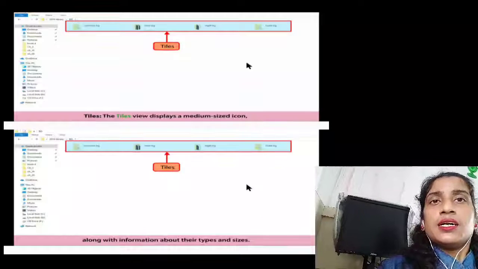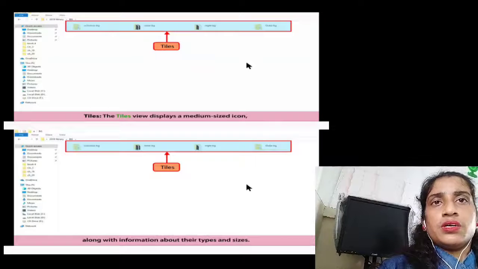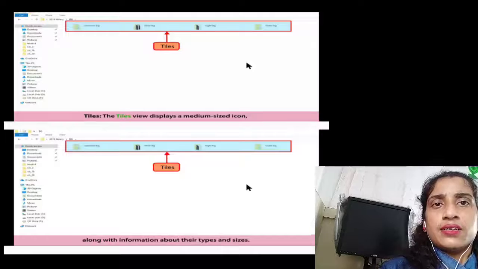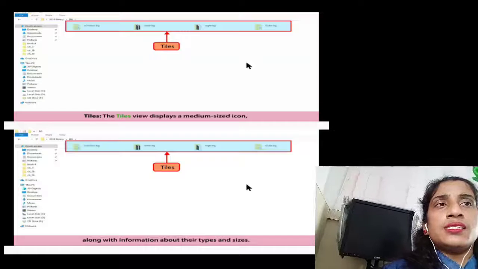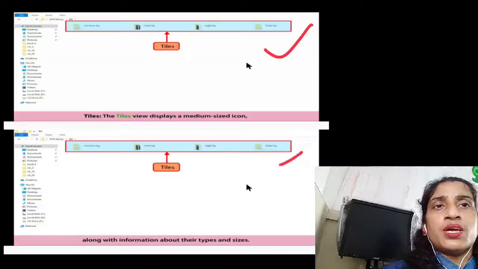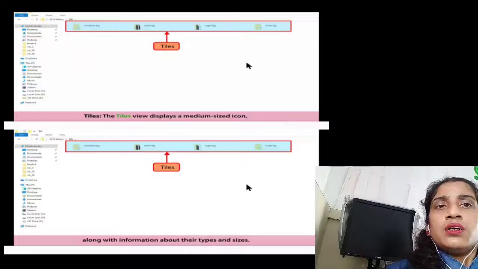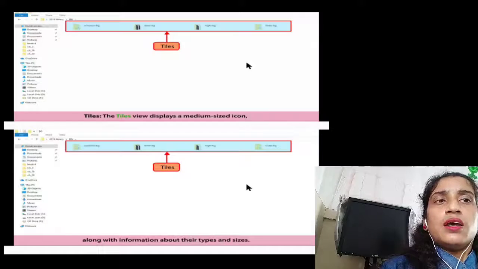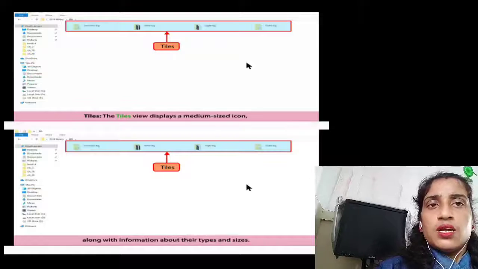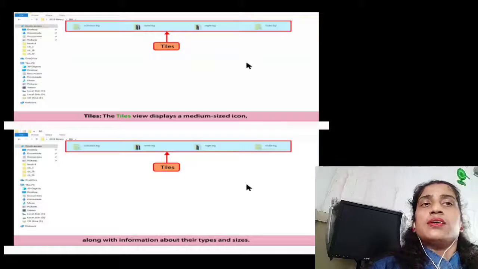Next is tiles. The tiles view displays a medium sized icon along with information about their types and size. It is a tile view, this one.